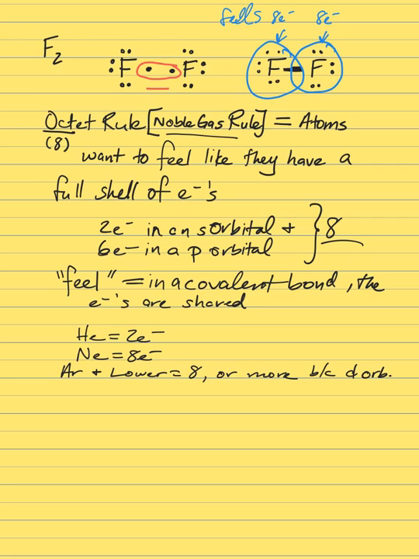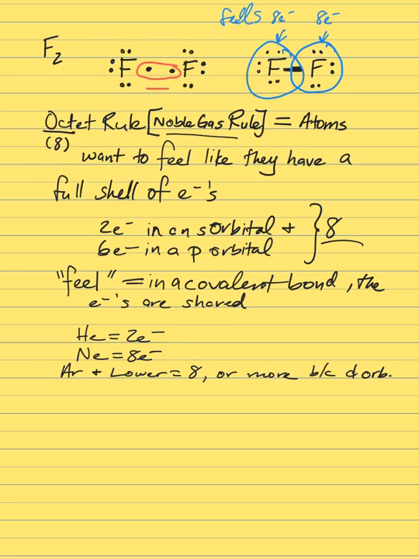So because of the d orbitals that are there, argon and the noble gases below it, krypton, xenon, and radon, can all feel like they have more than 8 electrons. Since you can have situations like helium or argon, krypton, etc., that have other than 8 electrons, I feel like the name octet rule is just really misleading, and that's why I like to call it the noble gas rule. But what you're going to see in the literature, in your textbook, if you're YouTubing videos, etc., is